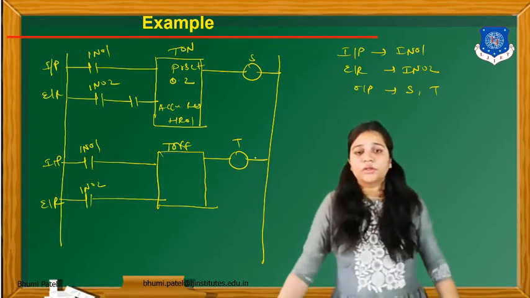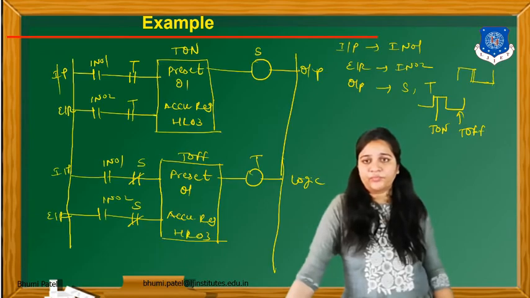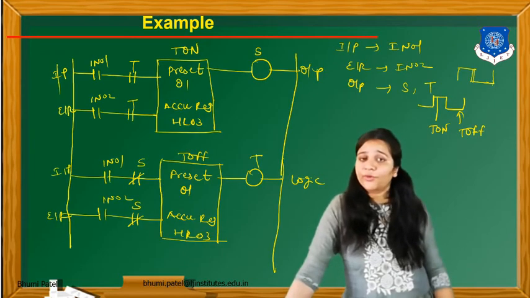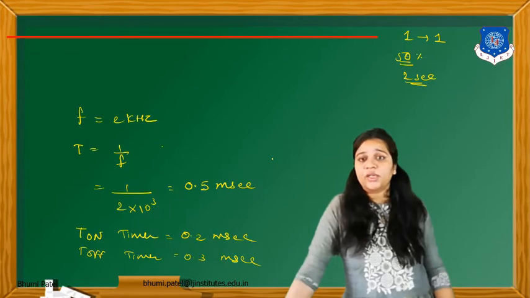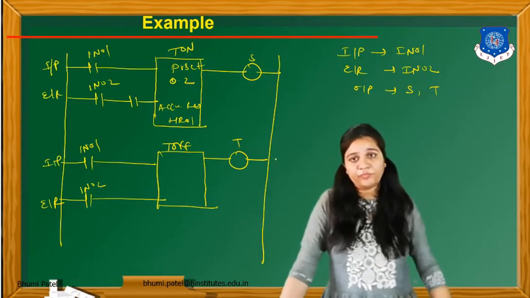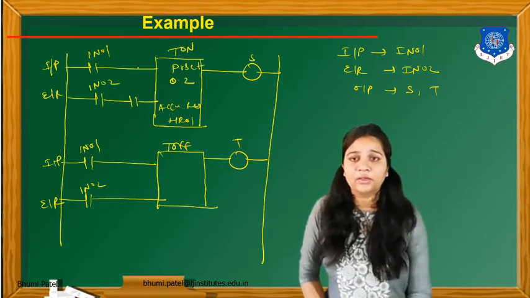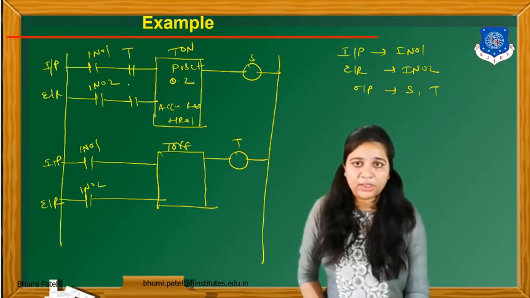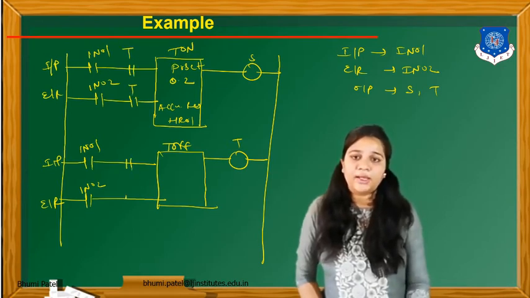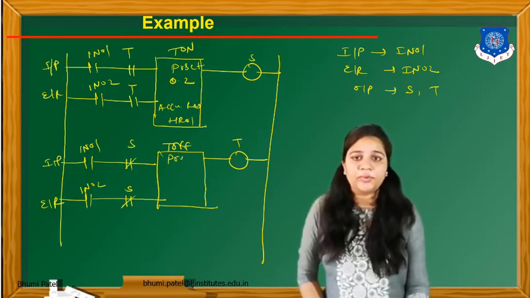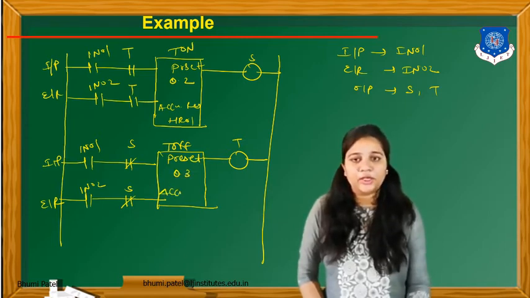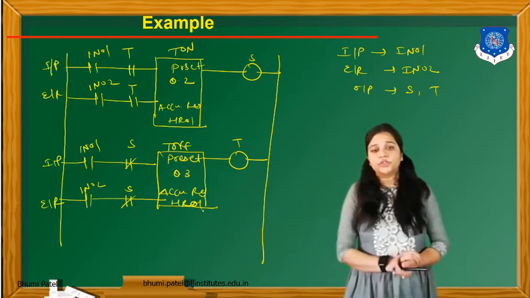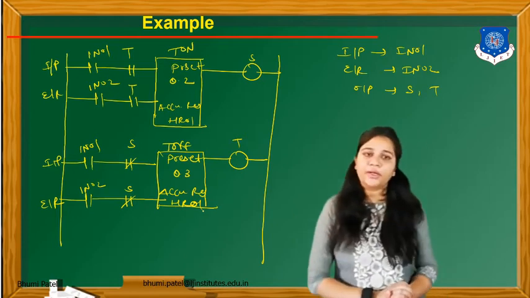Okay. Now see the previous example. We have to take the interlocking process for the square wave. So same thing that we have to apply for this program. We have to take here interlocking for the T on and for the S for the T off timer, and take the preset value of the T off is 0.3 that we have to find, and the accumulator register is HR01. Okay, so this is the logic for the example number 2.